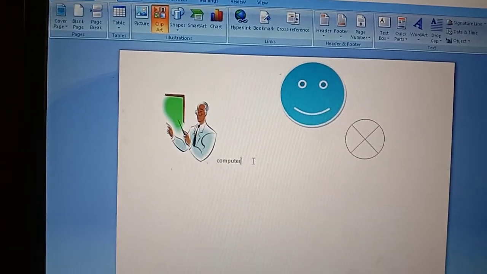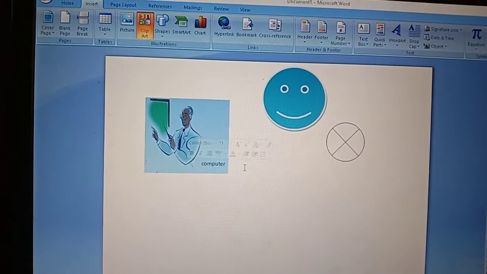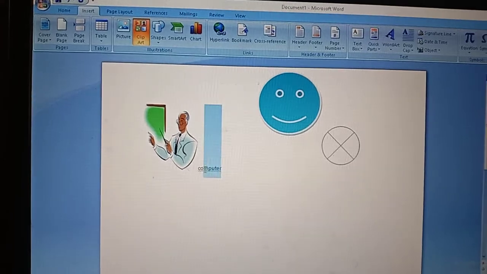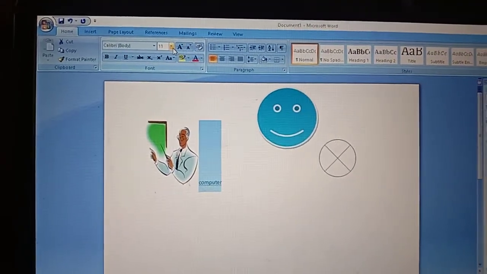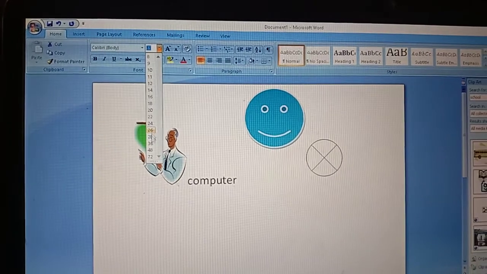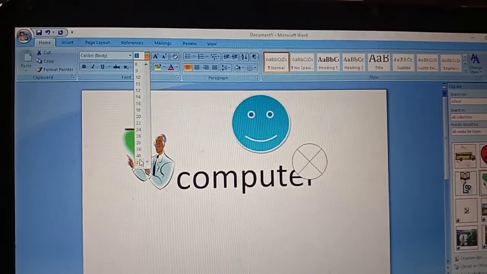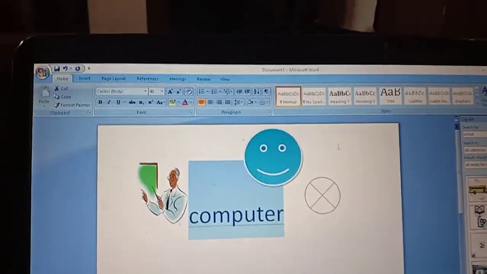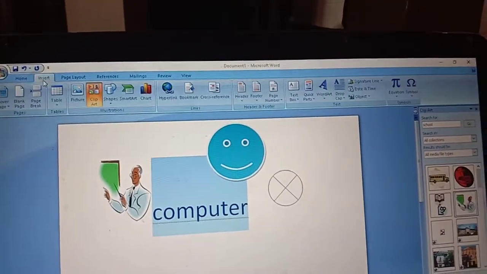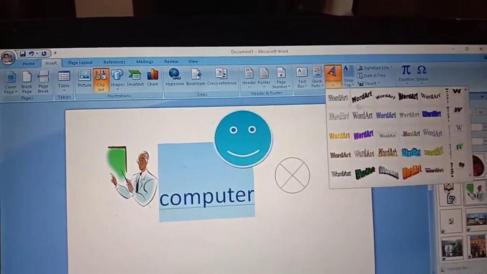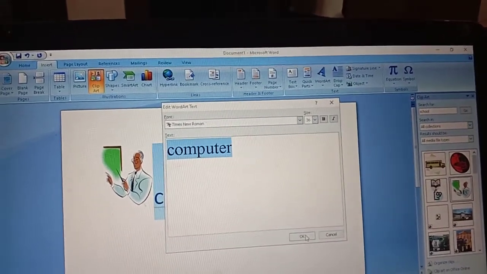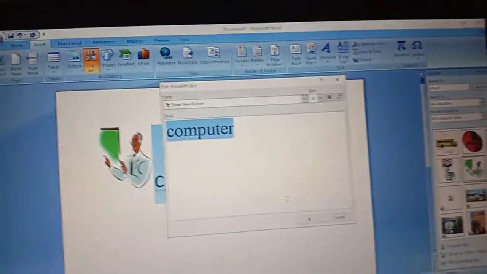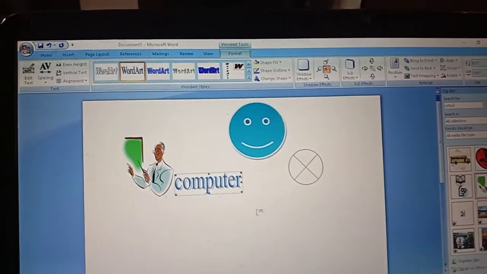I'm just enlarging my text size. Now I'm going to apply the word art here. You can choose any word art. You click here and you can type it. Click OK. You just see.